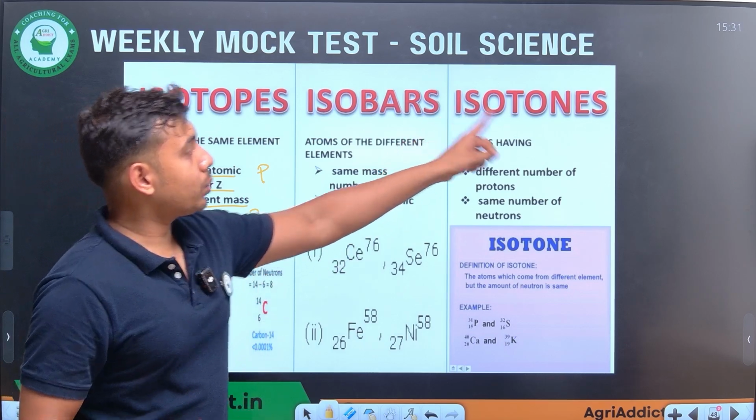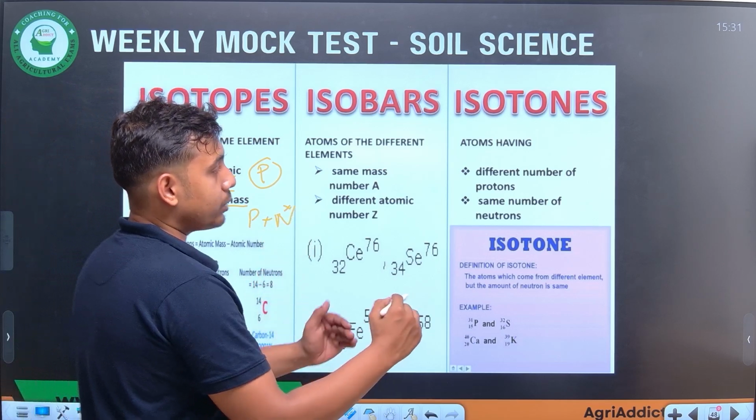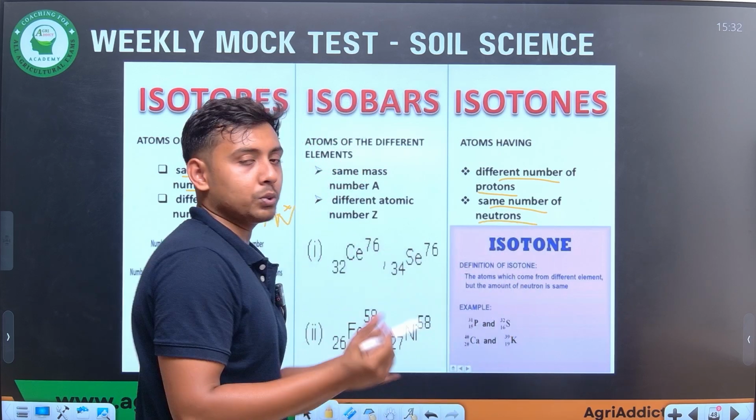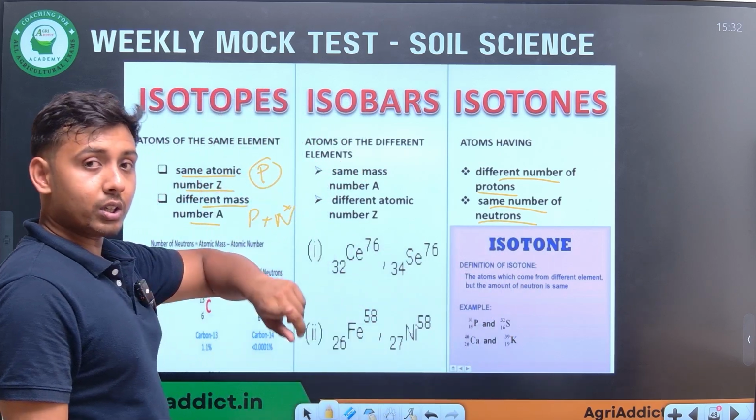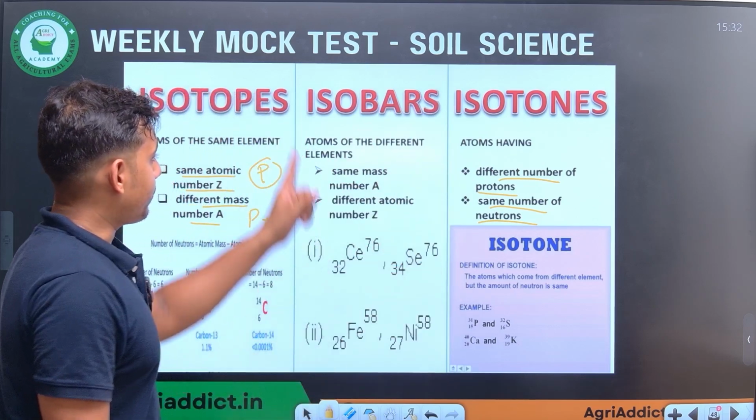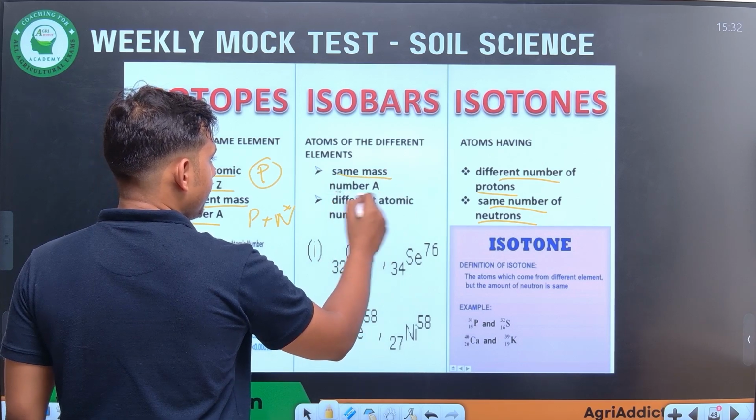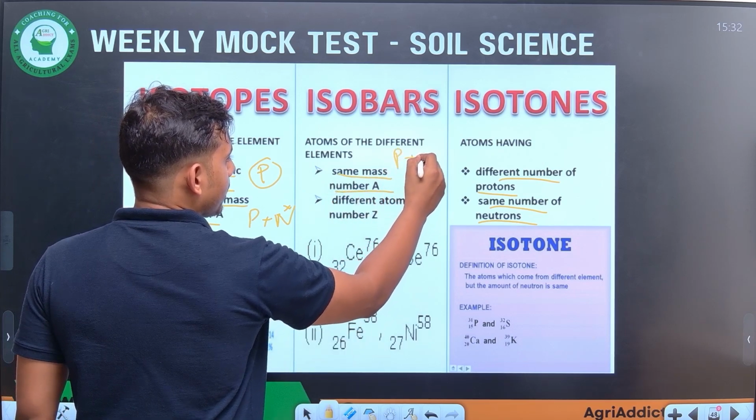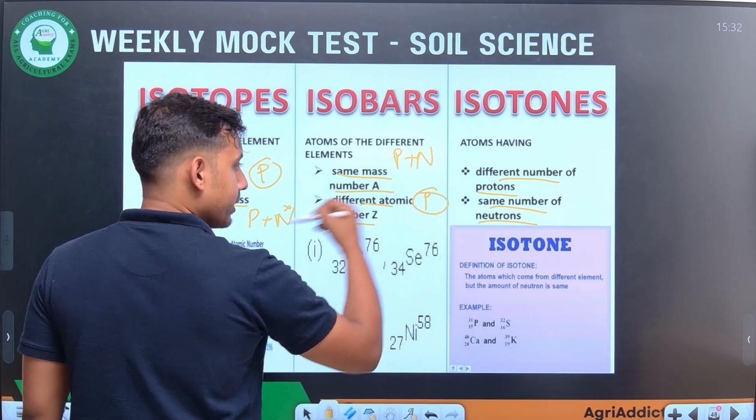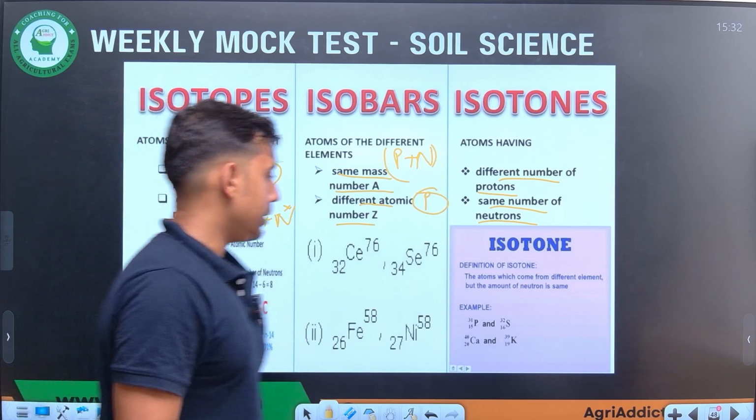And what are isotones? In isotones, the number of protons is different, but the number of neutrons is the same. Just the opposite: for isotopes, proton same, neutron different; for isotones, proton different and neutron same. And for isobars, the mass number is the same, meaning proton plus neutron are the same, but the atomic number is different. That means protons are different, but proton plus neutron is the same. So in that option,